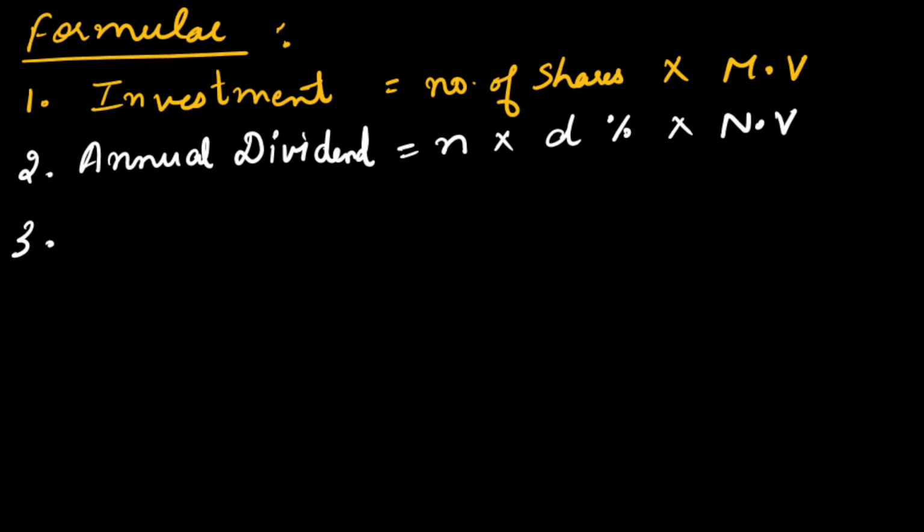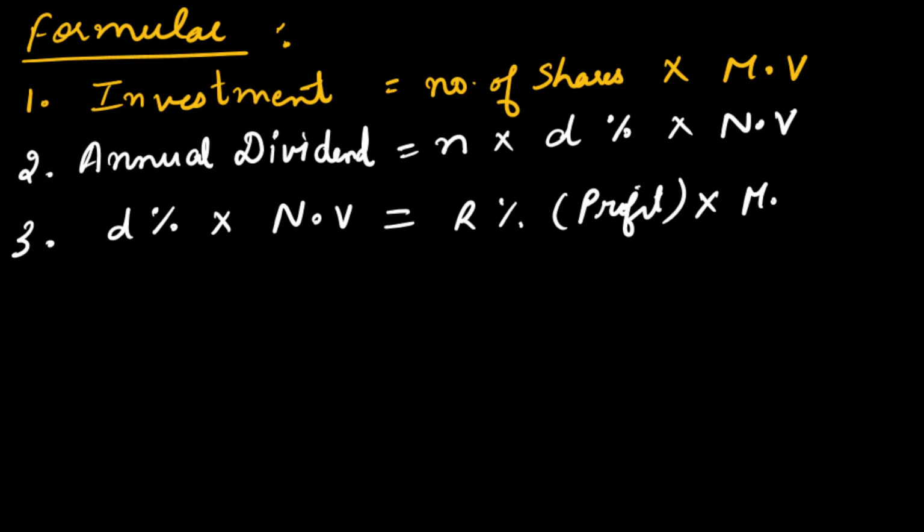Then the third formula. In the third formula, dividend percent into nominal value is equal to return percent. So return means profit. So return percent means profit